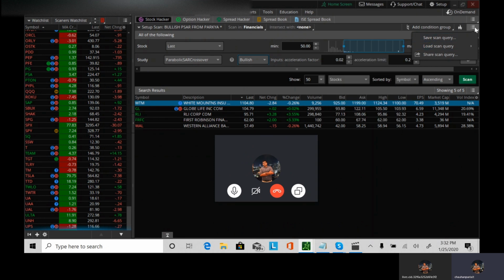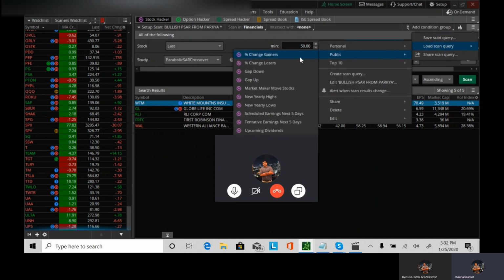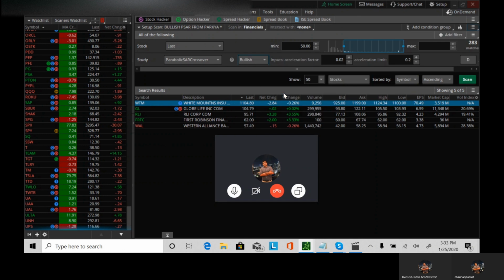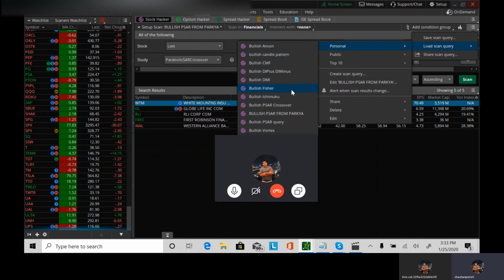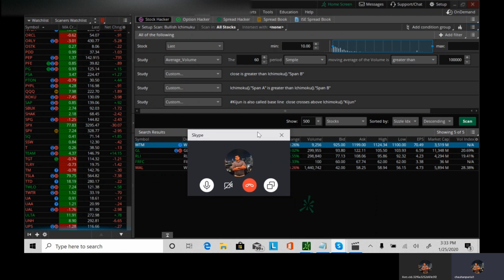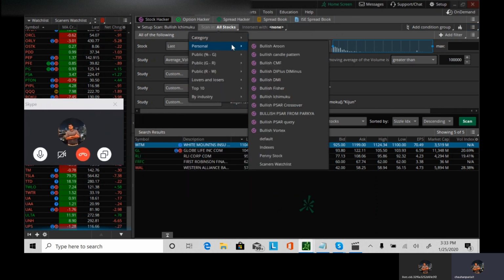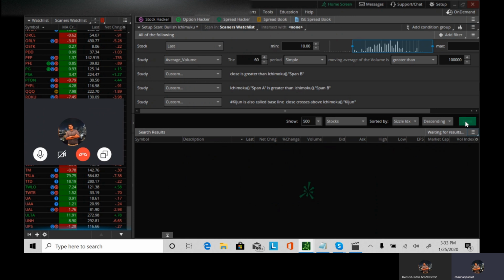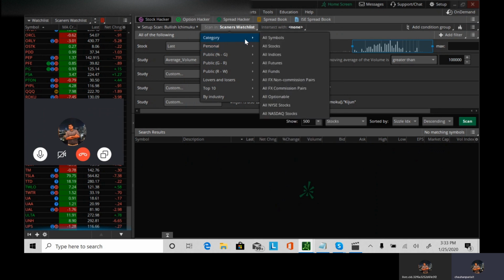I'm going to show you a couple more scanners real quick. The one which I also like is, under load scan query personal, this BullishIchimuku. Let's go for it, and I'm going to apply it to my personal scanners watch list, which I provided with this. It didn't find anything that's good. There's no bullish thing with Ichimoku crossover, so let's try all optionable